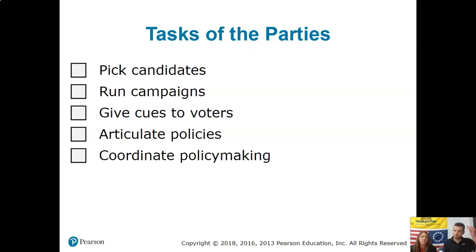Articulate policies. So when policies are either created or passed or something turns into a law, they're going to articulate what that means and how they see it going into effect throughout the country. And then coordinate policy making as well. So they're going to work with the people within their own party to coordinate what kind of policies or laws they want to create and get passed. And you'll see that a lot, like Mitch McConnell in the Senate is a great example of being able to make sure that the legislation that even sees the Senate floor is in line with what he wants for the Republican Party in general. Absolutely. Same thing with Nancy Pelosi, although she has a lot less control over that, I would say, than Mitch McConnell would in the Senate.